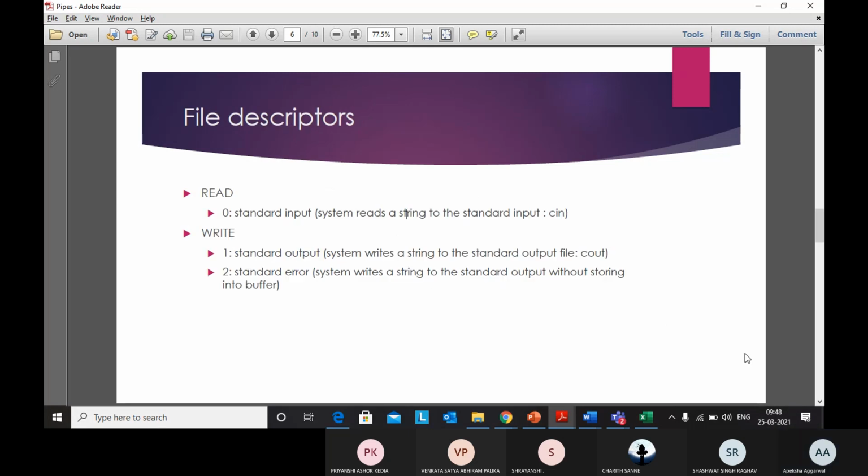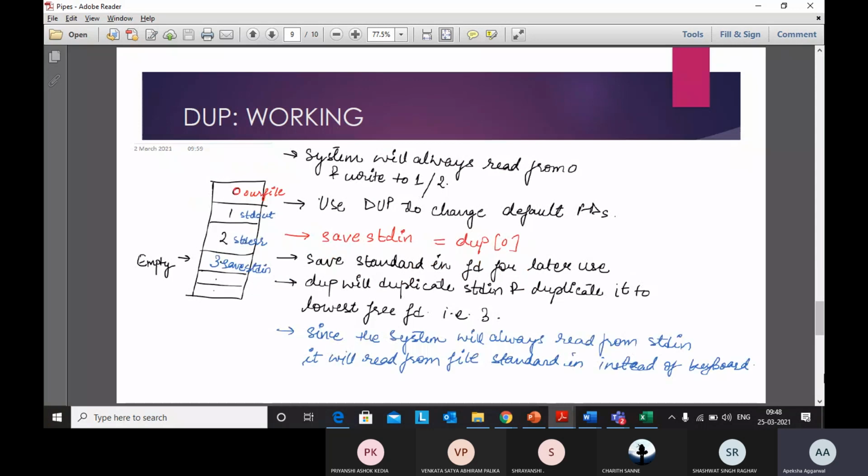Have a look at this. So file descriptor 3. Since the system will always read from standard input, it will read from the file. Now what you will do is assign your new file descriptor to 0 instead of standard input, because you have duplicated standard input here.